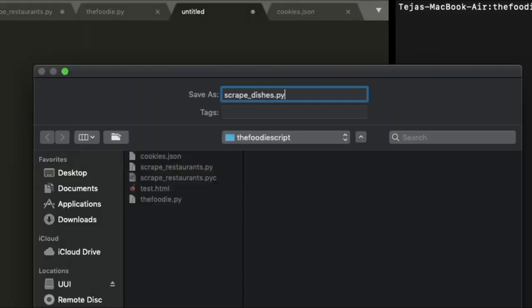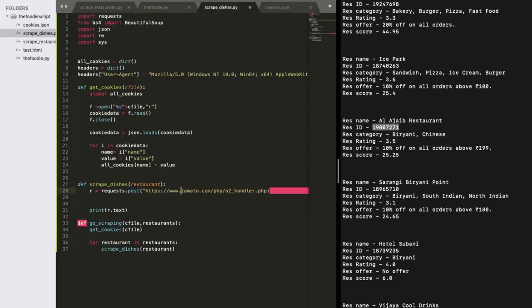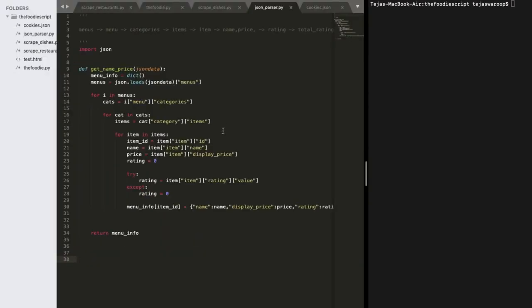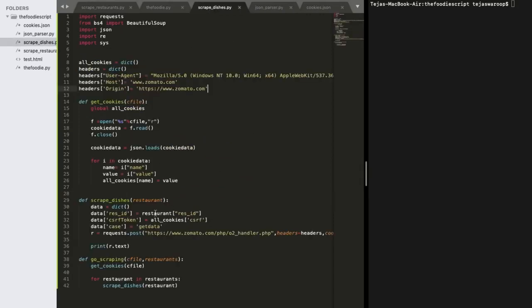I made a new script, scrapedishes.py, and I took each restaurant ID, as we do have info of every restaurant with us, and then I made a POST request to the given URL. The response, as we know, is going to be JSON data, so I needed to write another script, jsonparser.py, which will parse this response JSON data and extract the info that we need. In this case, all we need is the dish name, its price, and its rating. This info is sent back to scrapedishes.py, and then if it matches the dish I want to search for,